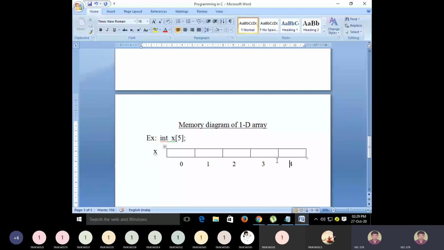Okay, so this is called the array index. We call it an index.